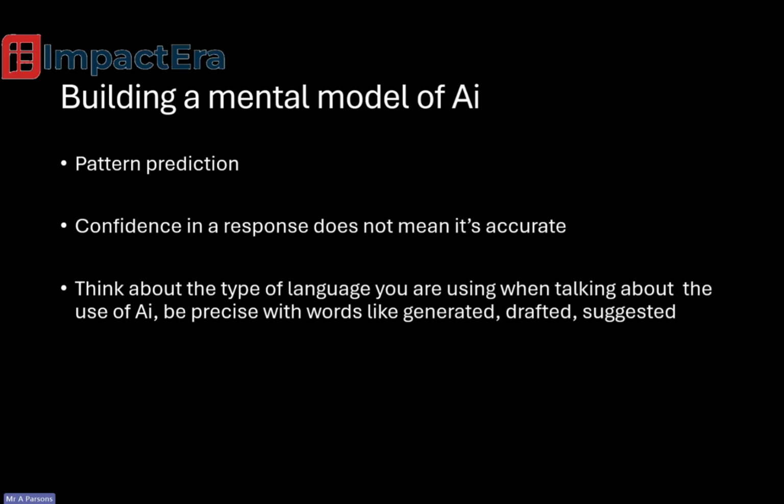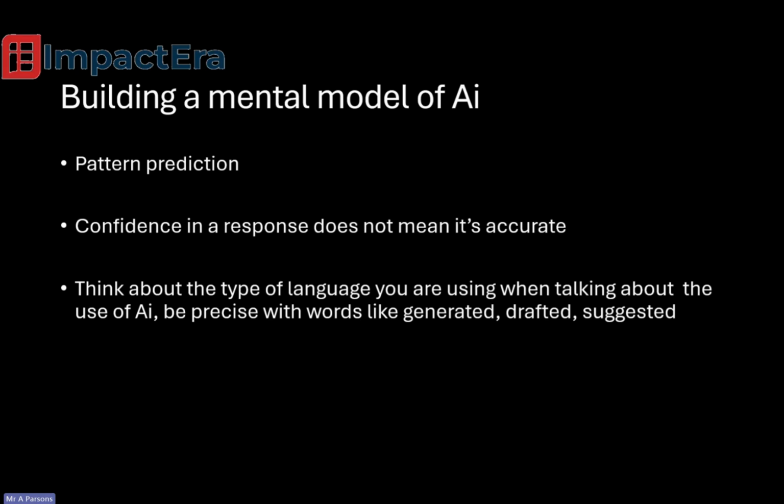It's like someone trying to bluff their way through something. And you've got to really watch out for that. They'll come in and it'll sound really grand, lots of big words, lots of fancy terms, but it's not necessarily accurate. So we've got to think about that, and the type of language that you use. Now, what I'm not talking about at this point is the wording that you would put in a prompt when you're writing with AI. This is more for if you're having a discussion with people about how AI is going to be used. And the next slide, when we come on to that, is a little bit about that.